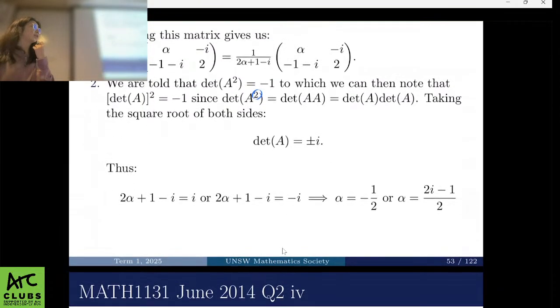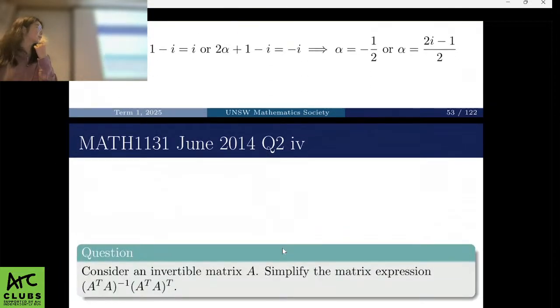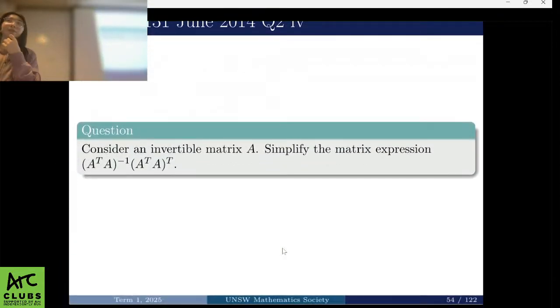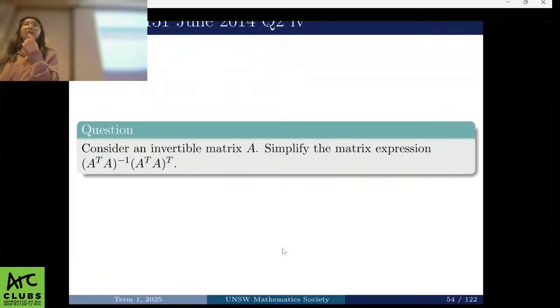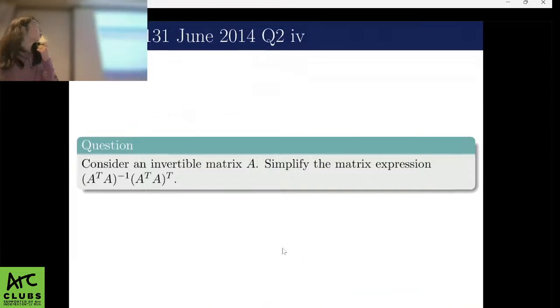And then finally get the two values of alpha. Okay, and then moving on to a very interesting question, which is more on simplifying matrices using different properties of